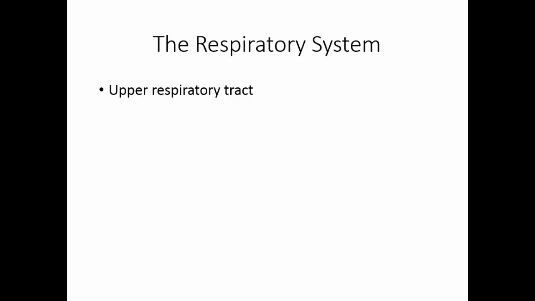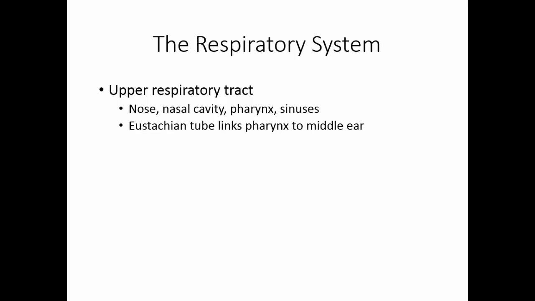The upper respiratory system is the nose, nasal cavity, pharynx, and sinuses. Basically, these are the passageways for air. The Eustachian tube links the pharynx to the middle ear and acts as a way for bacteria to get into the middle ear. The upper respiratory tract is rich with normal flora, all types of organisms, gram-positives, gram-negatives, aerobes, anaerobes,